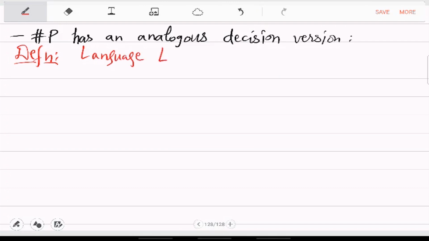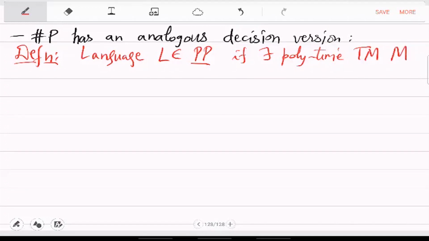So language L will be put in the class PP if there exists a polytime Turing machine M and constant C such that